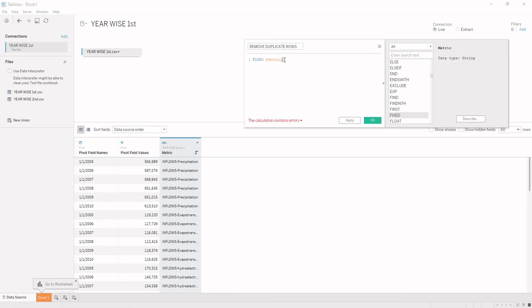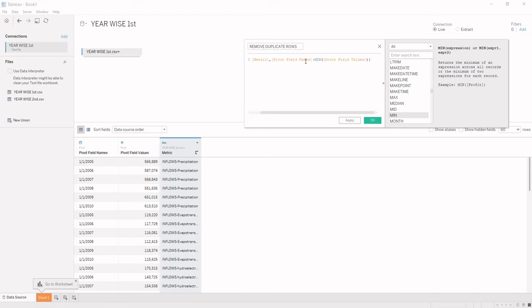And then I am using the column pivot field names, which would be working on the minimum of pivot field values. And via this, my column remove duplicate rows is created, and it is a calculated field.